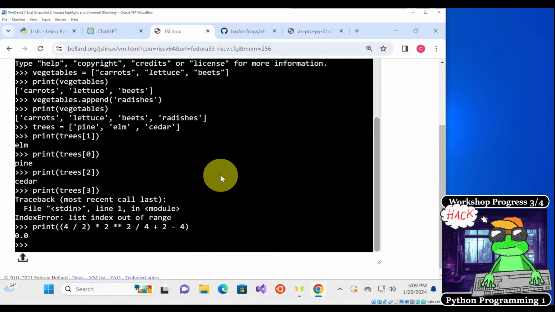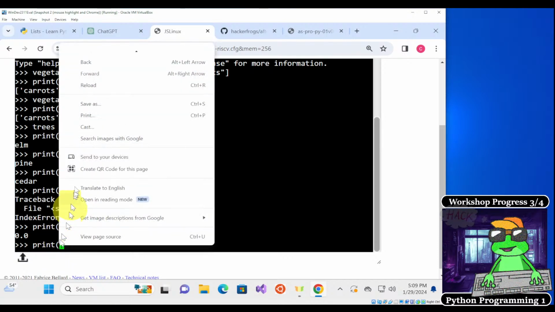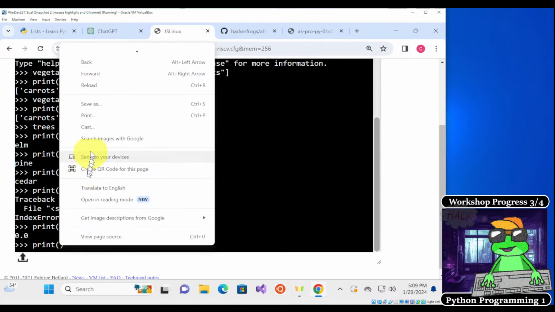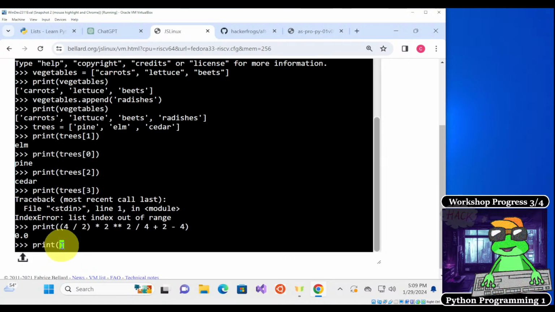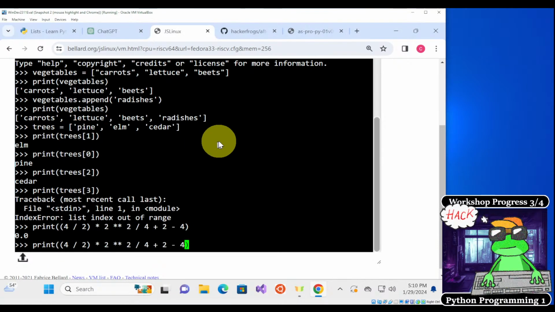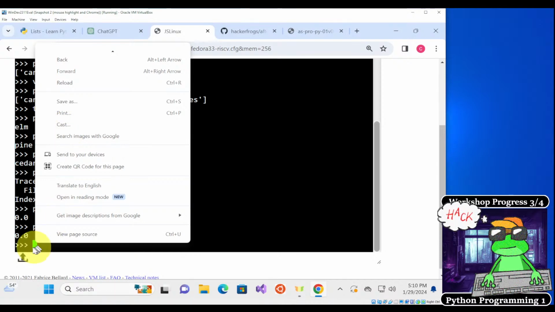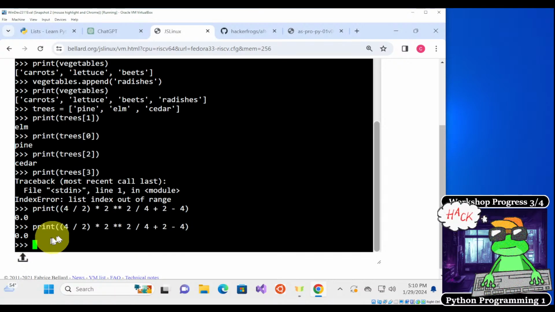It performs the mathematical operations in the order that we were just talking about. Remember, inside of the JS Linux over here, you have to right-click in order to copy and paste.